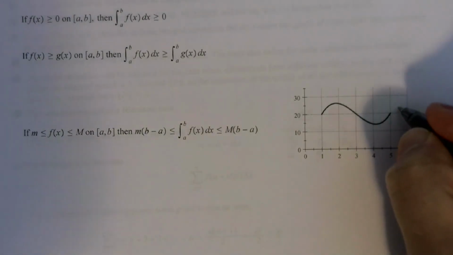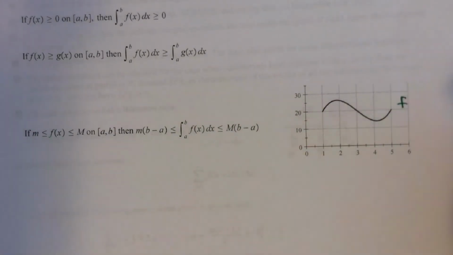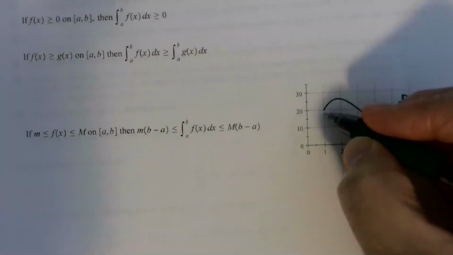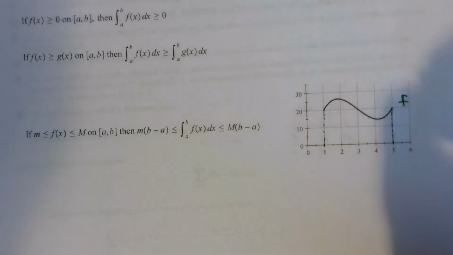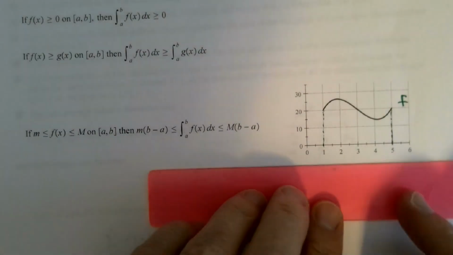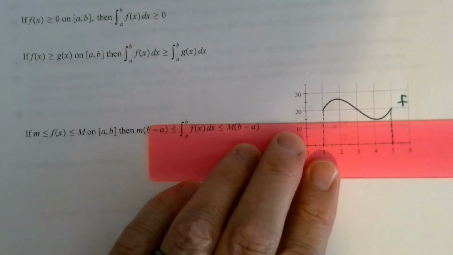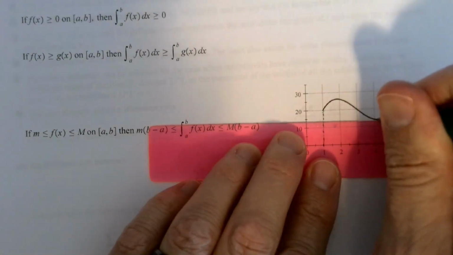We'll let this right here be the graph of the function f, and let's go from 1 to 5. And on the interval from 1 to 5, the lowest possible value for this function is, let's see, right about there. If I come across, then,